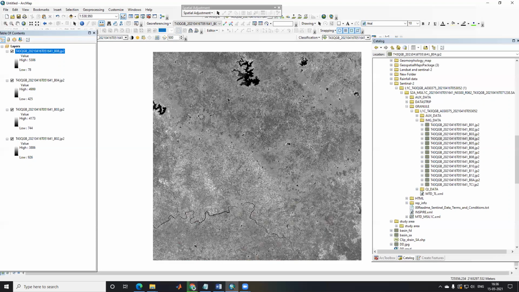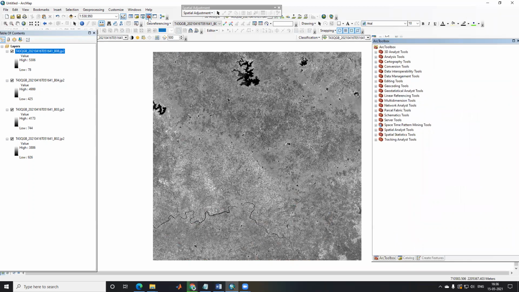Now to create a band composite, here is the option, that is Arc Toolbox. When we click on the Arc Toolbox, there is an option that we have to follow to prepare a band composite.